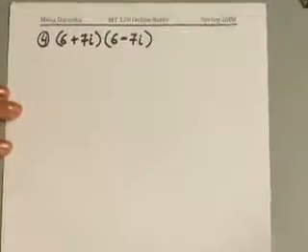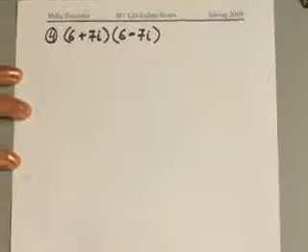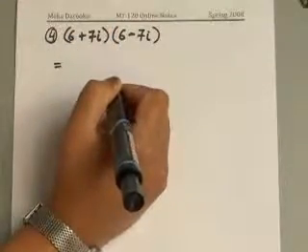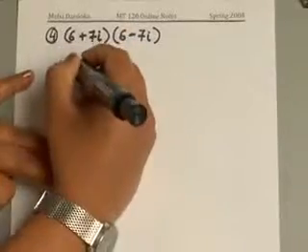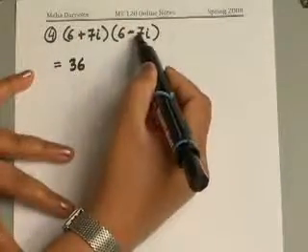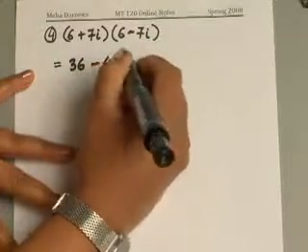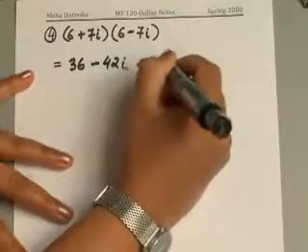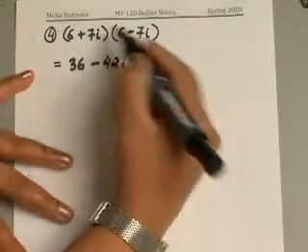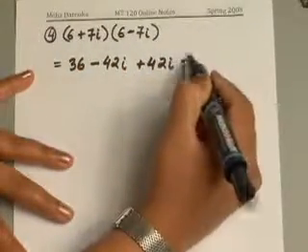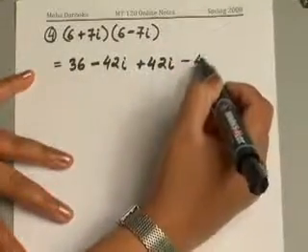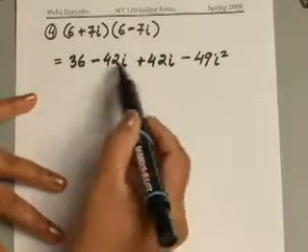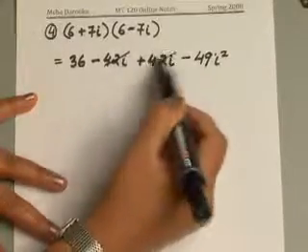We're looking at 6 plus 7i, multiplying it with its conjugate, 6 minus 7i. Again, start by FOILing. So 6 times 6 gives you 36. 6 times negative 7i will give you negative 42i. Positive 7i times 6 will give you a positive 42i. Okay, and 7i times negative 7i, again positive and negative gives you negative. 7 times 7 gives you 49, and i times i gives you i square. Again, your middle terms are negative 42i, positive 42i. They cancel out,